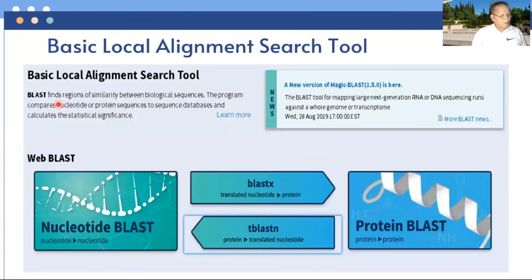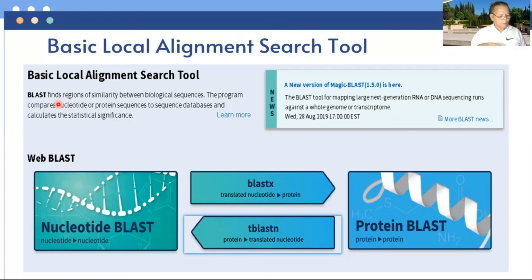Now, there are two tools that are commonly used for sequence alignment, such as BLAST, which we call Basic Local Alignment Search Tool, and Clustal Omega. BLAST is a sequence alignment tool developed by the United States National Library of Medicine. The Basic Local Alignment Search Tool BLAST finds regions of local similarity between sequences.